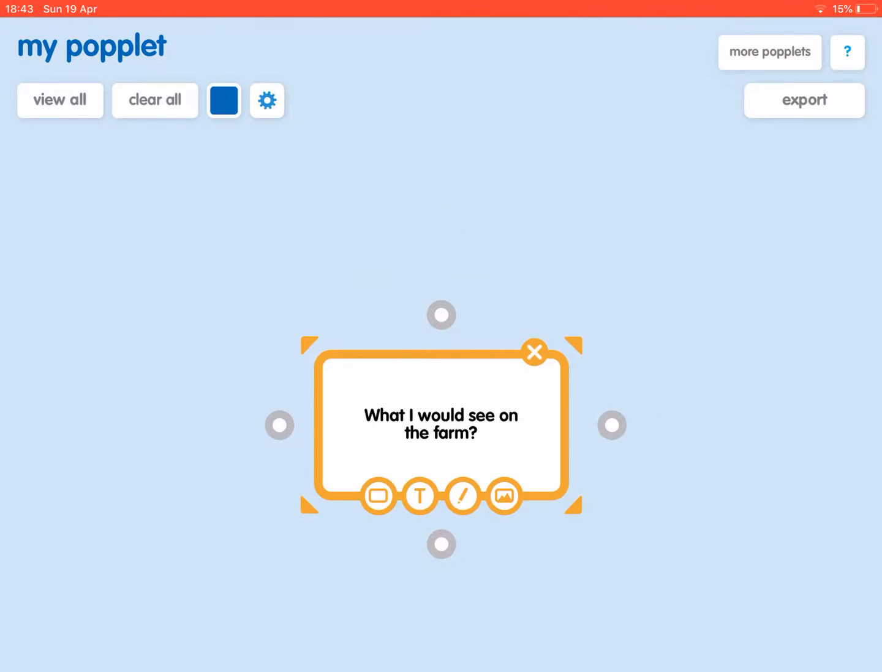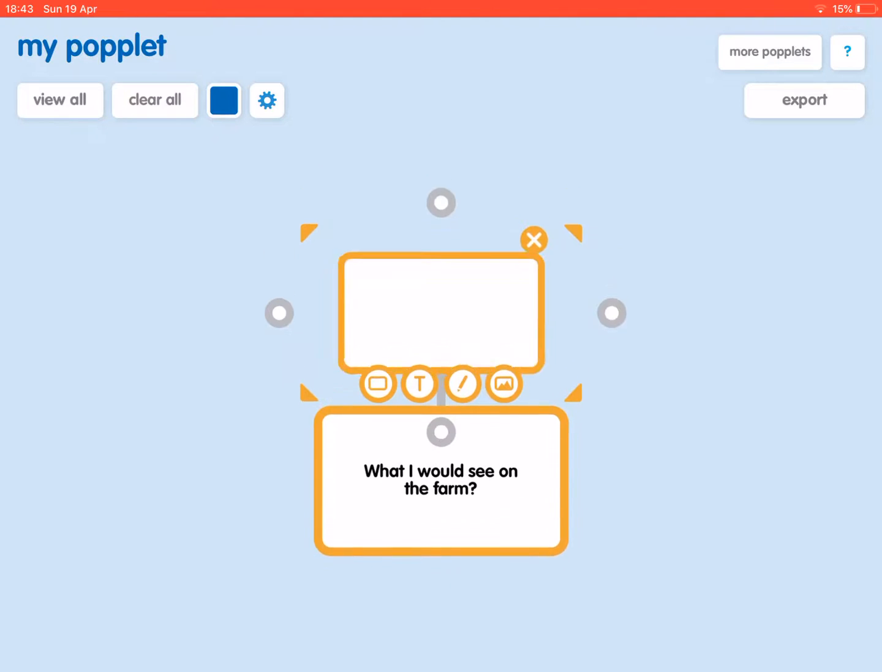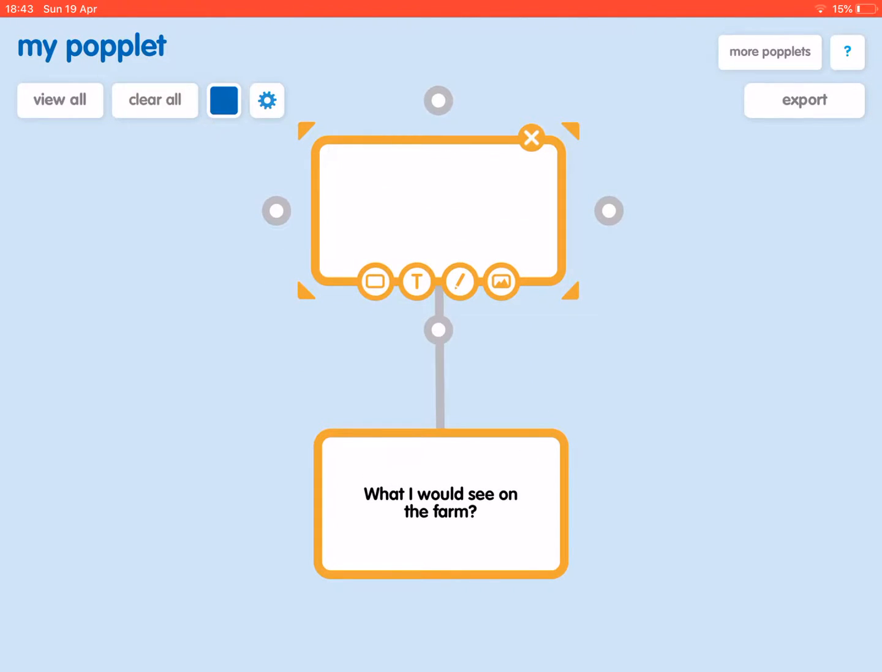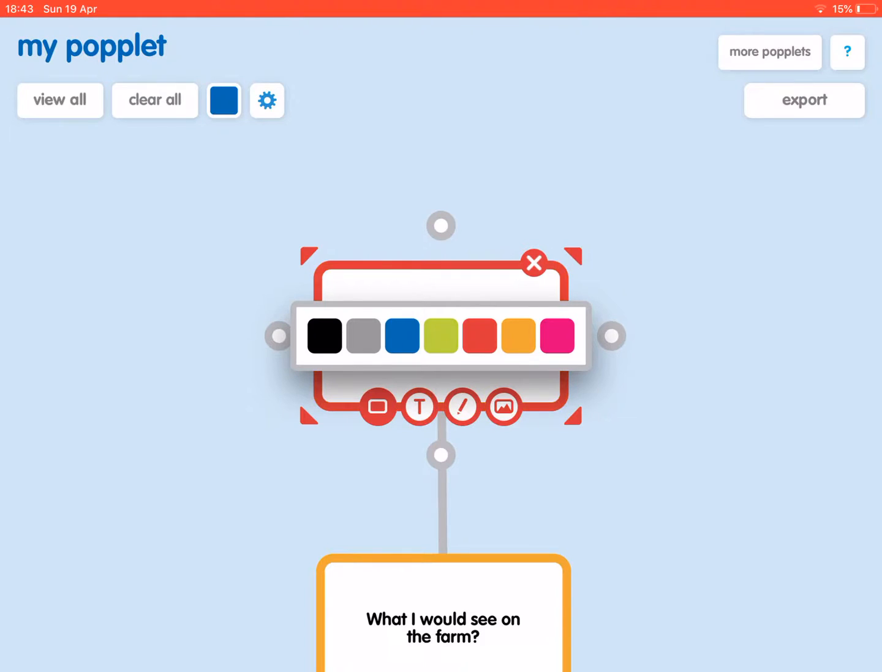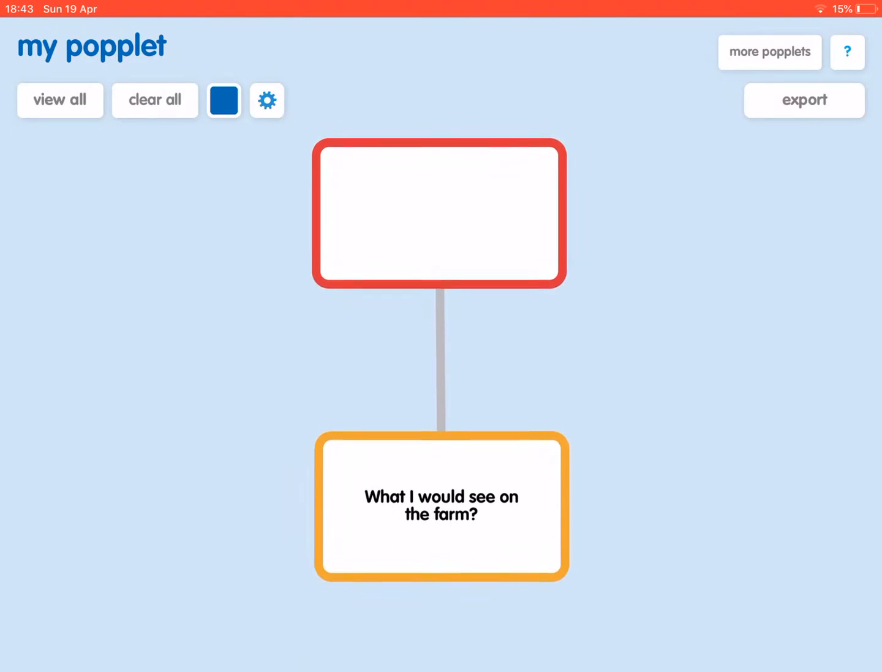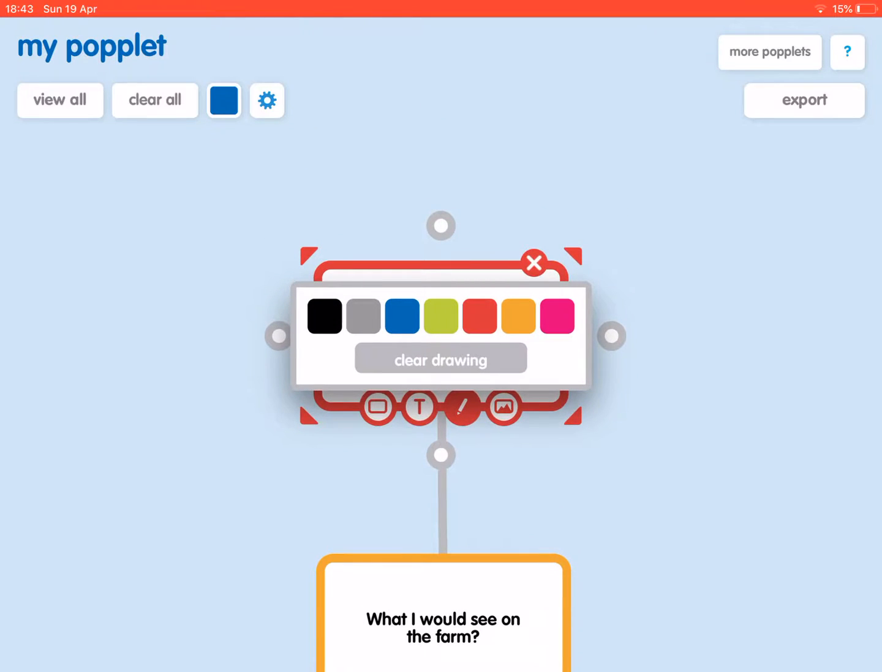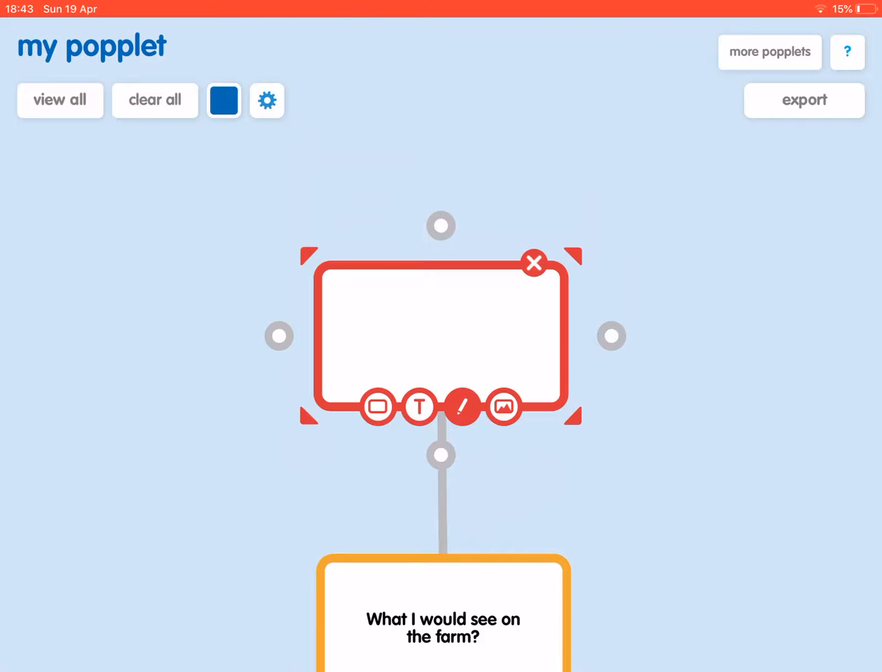So you can see 4 dots. We'll go up first. We'll change the color to make it interesting. Okay, what would I see? I think this time I'm going to use the pencil. We'll write in red. And my best handwriting, we are going to write,